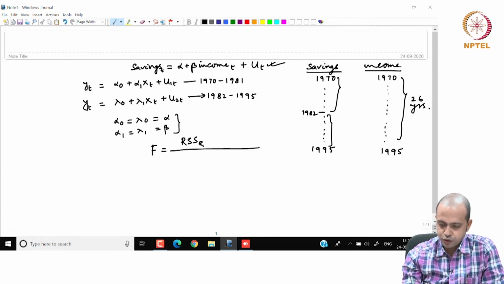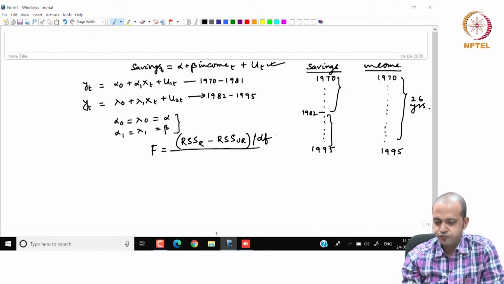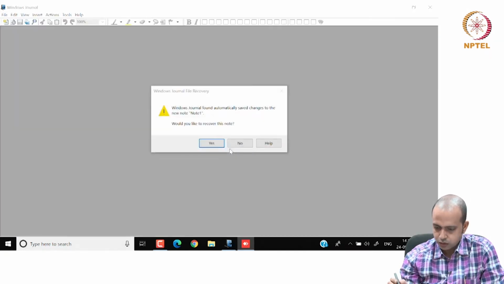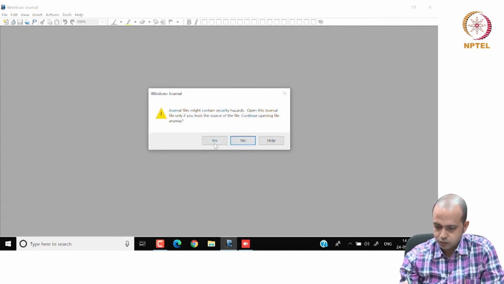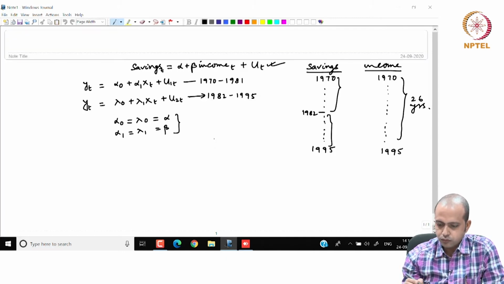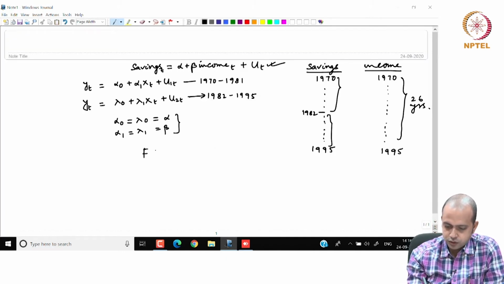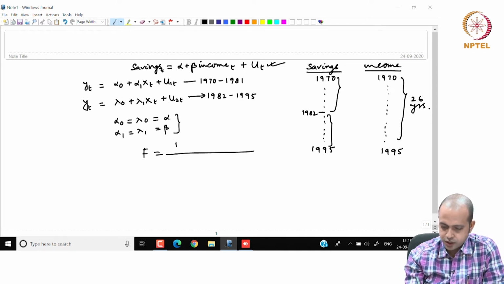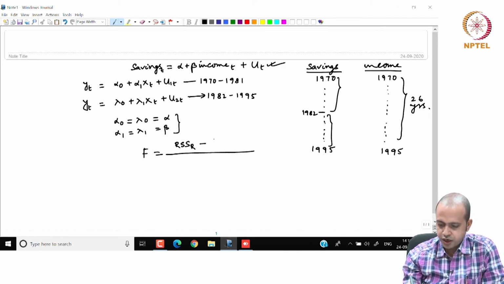The F statistic is RSS restricted minus RSS unrestricted,